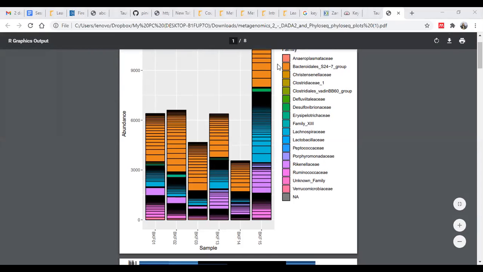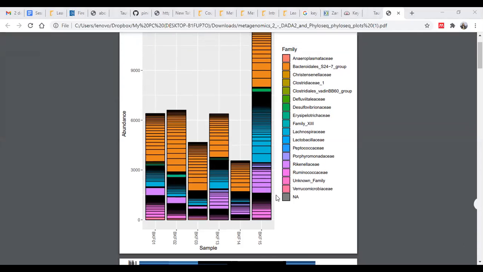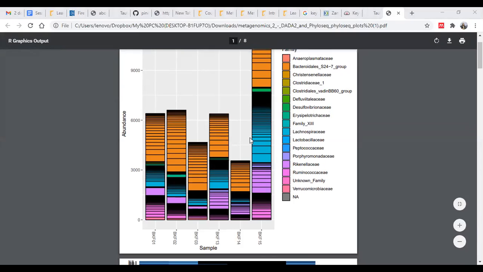Suppose this is our one sample, representing one sample. What different species are present within that particular sample indicates the alpha diversity.